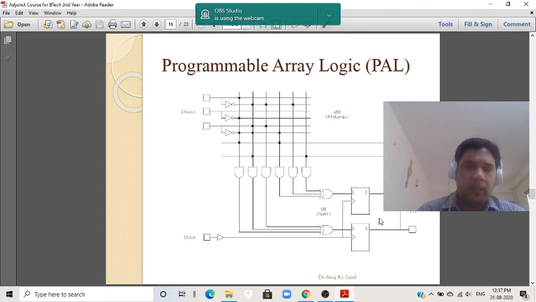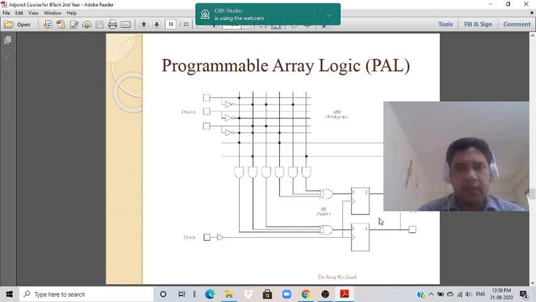It means on the AND plane side, when we give the inputs, any number of inputs can be there. Then in the AND plane we perform the product of the input terms. Those product terms are connected to the OR plane, but at this point the OR planes are fixed. So we have a limited number of OR gates, and OR functions can be implemented only for a defined number of product terms. The AND plane is flexible, but the OR plane is fixed. This diagram is for the PAL.